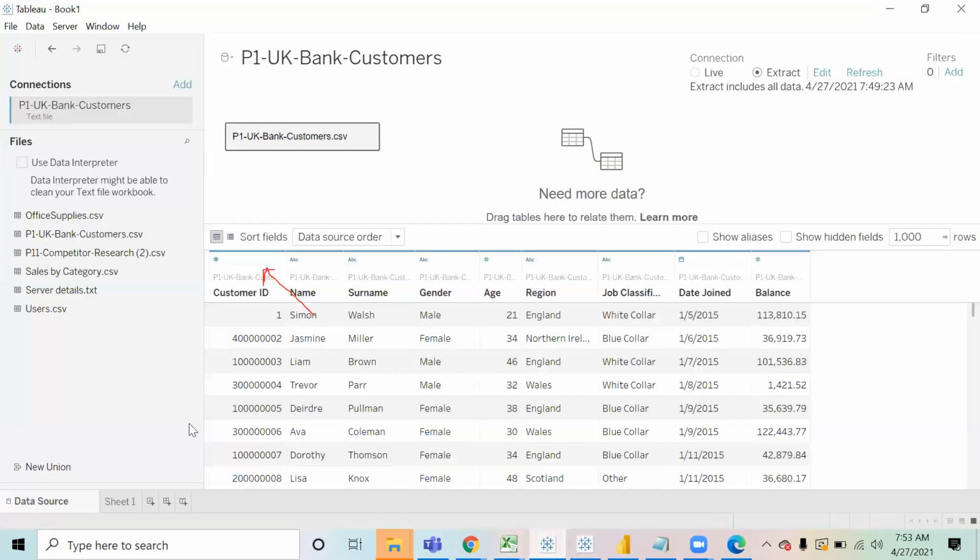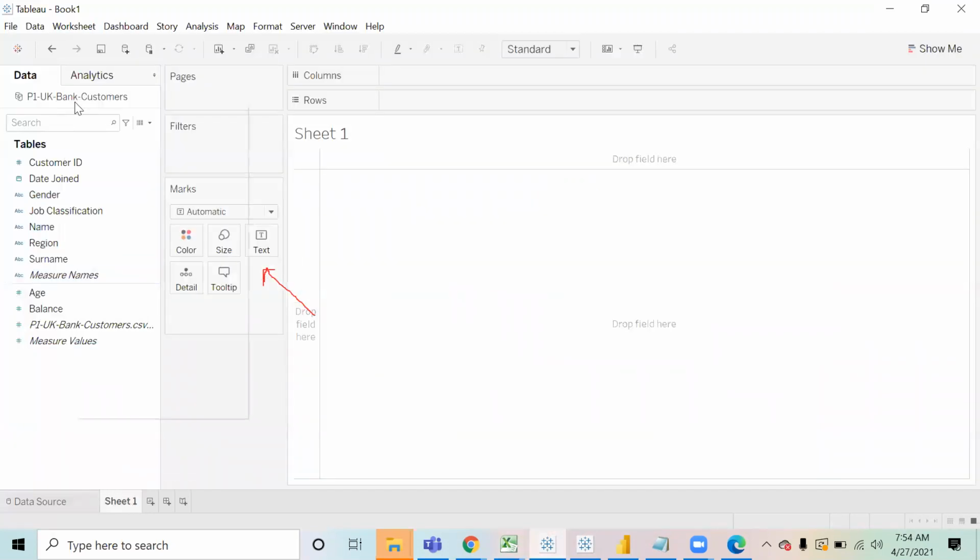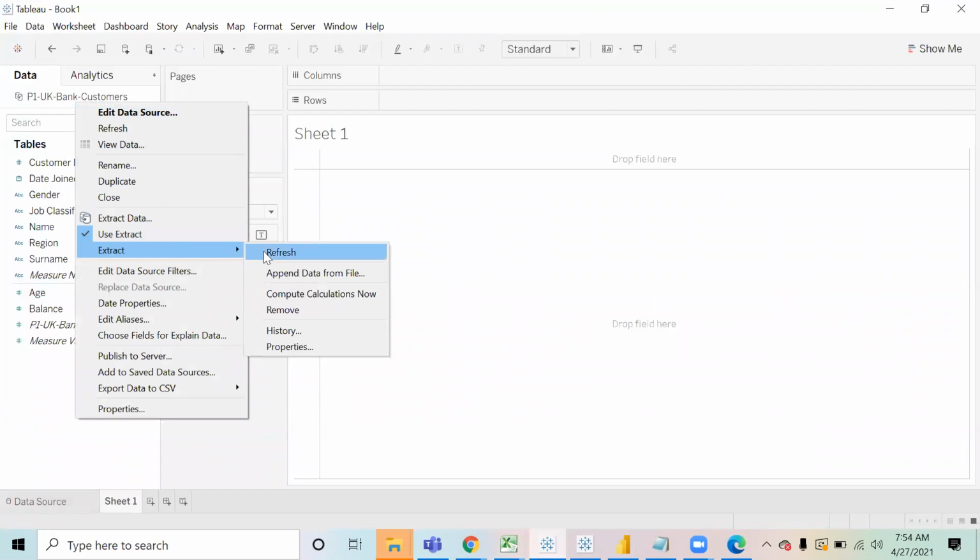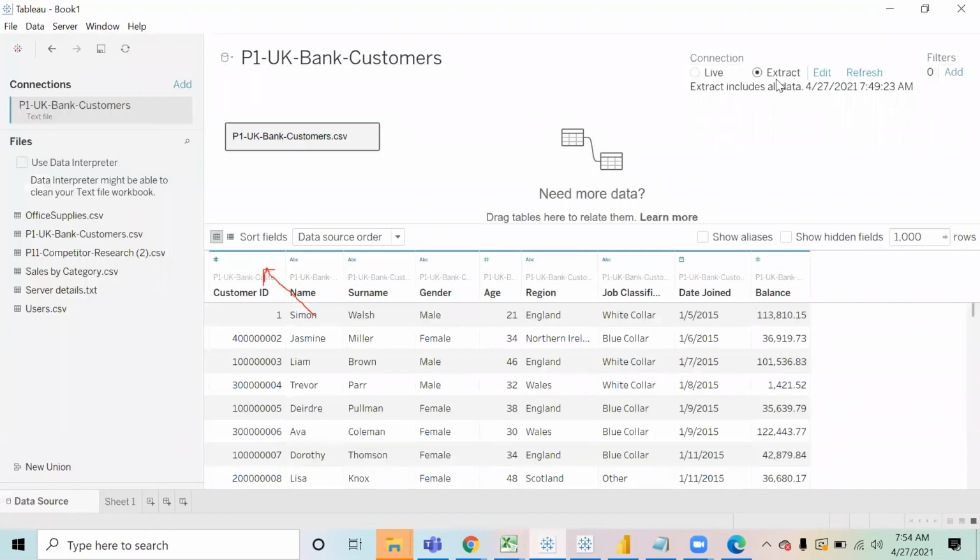You can refresh it. If you come over here, if you come on the sheet, when you right click on this, you have an option to refresh the extract. So when you click on refresh the extract, what Tableau will do is go into this extract and refresh the data. In the refresh, this extract will hit the CSV file and bring the latest data from there. So it's static for the data that is there for that particular moment. But yes, you can update that extract as well. Okay, got it. And live would be something like we can connect to a server or some application.